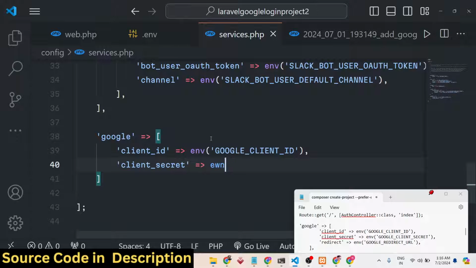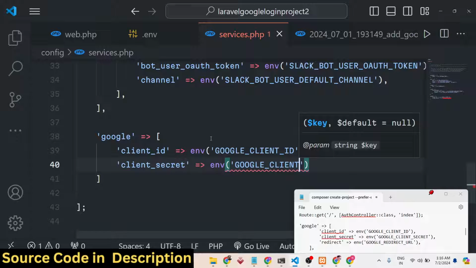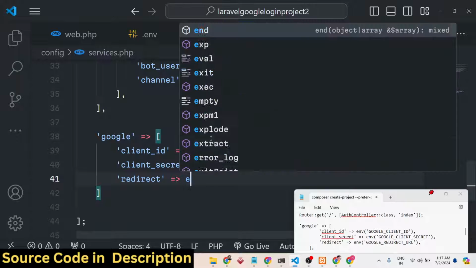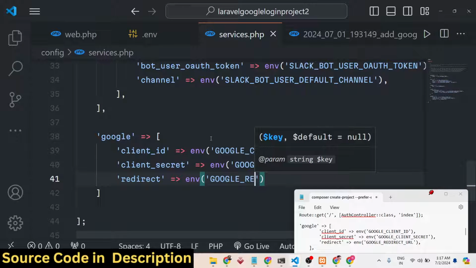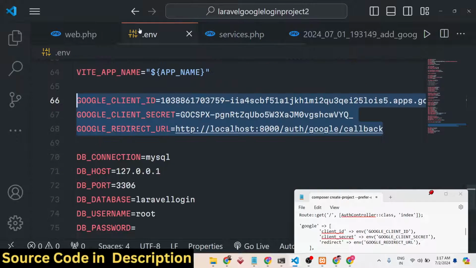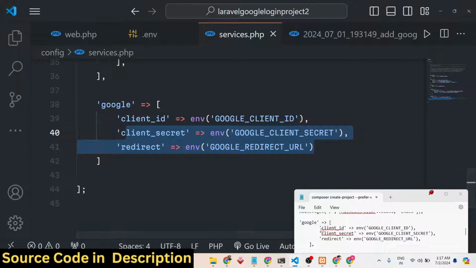Here also load this as well, env and GOOGLE_CLIENT_SECRET, and similarly we will be using the redirect. This value we'll also be getting from the env function, GOOGLE_REDIRECT_URL. So just make sure that you have defined these the same, Google client ID, secret and redirect URL. Spelling needs to be the same right here. So now if you do,